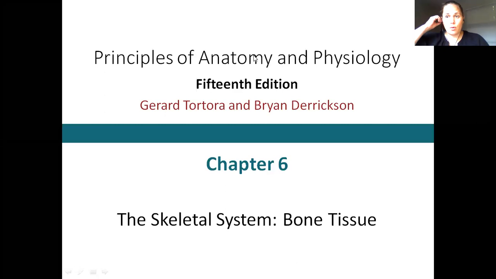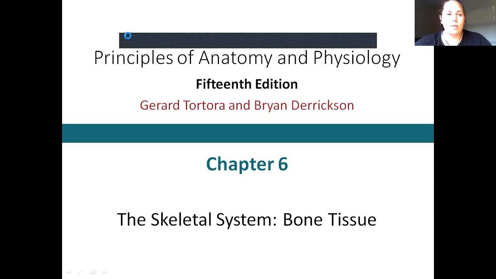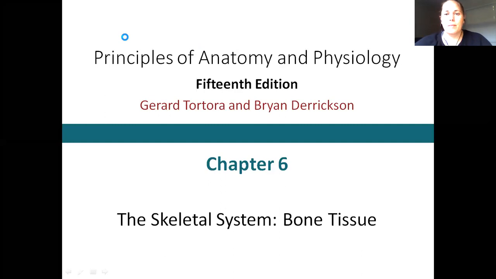Okay, so we're going to take a nice turn into probably what most of you thought we were going to be going over in anatomy and physiology. So today we'll be starting chapter 6, which is bones and bone structure. So what's nice about this particular part of the course is that